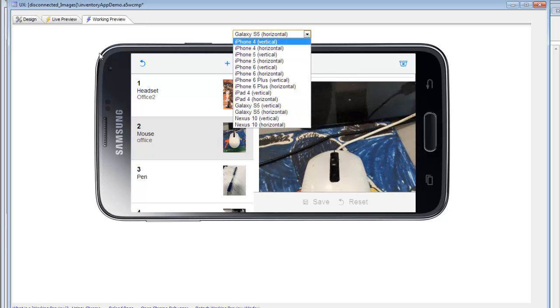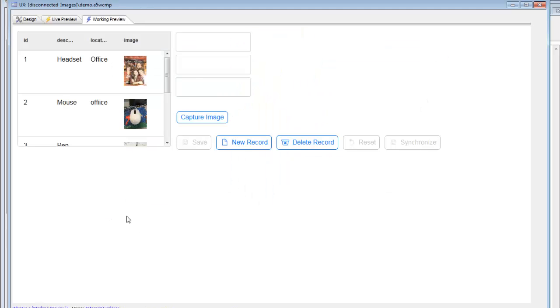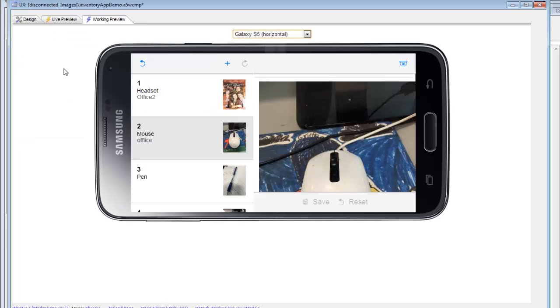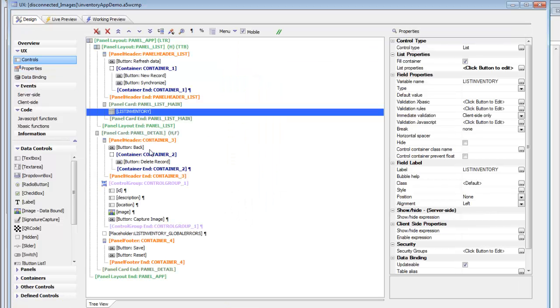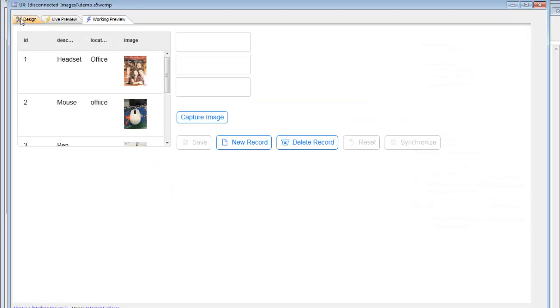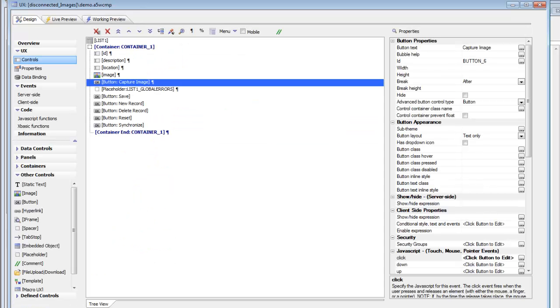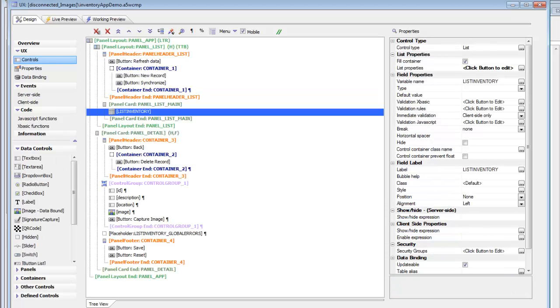So in this video, we're going to basically describe how we went from this simple layout over here to this much more realistic mobile application running over here. So let's go back now to design mode on the working sample and see how this differs from the simple test case that we have over here. So first thing to notice, in the simple test case, we're not using any panels at all. So let's go back now to the demo app,